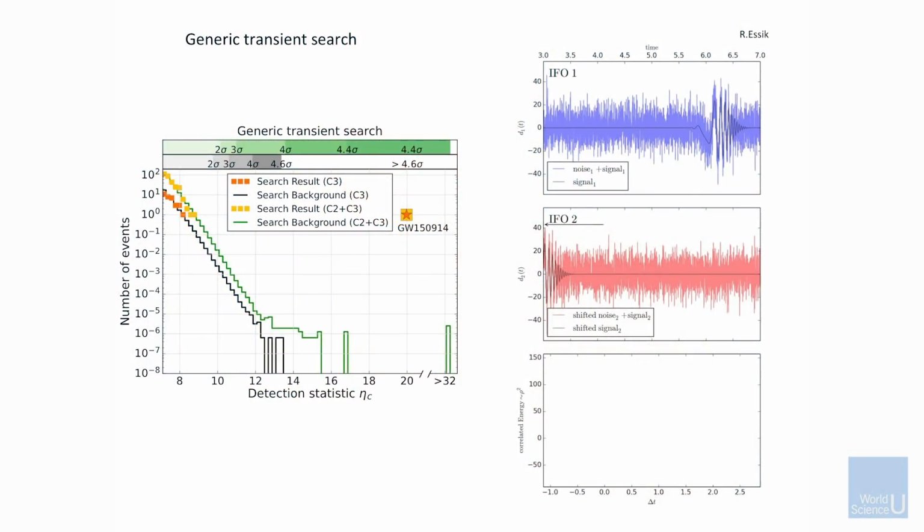And it's, of course, made quite a stir. Let me show you how we detected it. The way we did it is we do it two ways. We did it by cross-correlating the two detectors, the Livingston detector with the Hanford detector, by just cross-correlating them. And that's what's shown on the right. And you can see what that cross-correlation looks like.